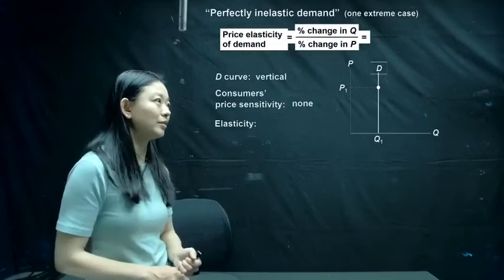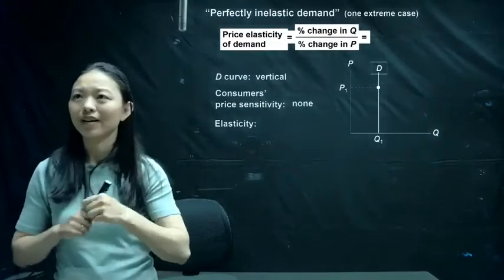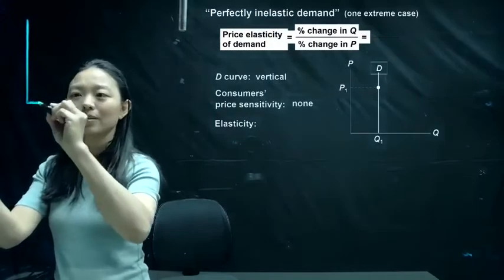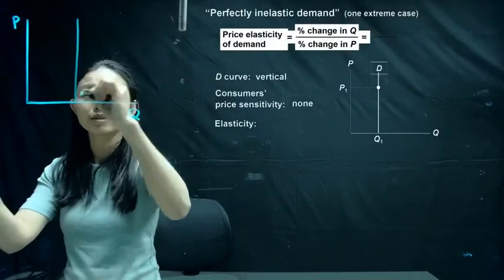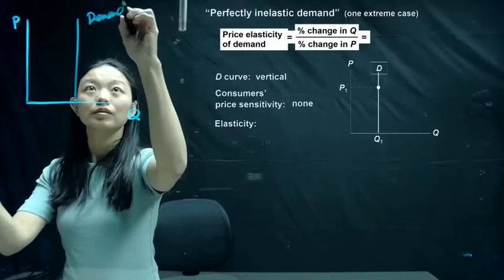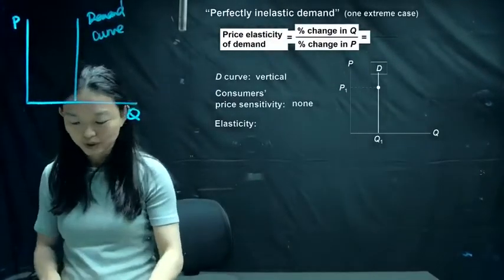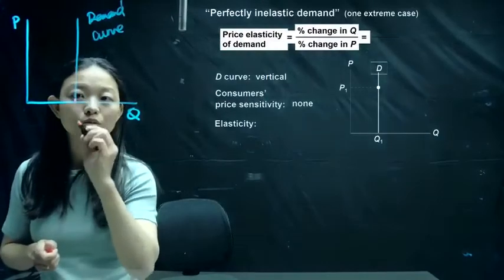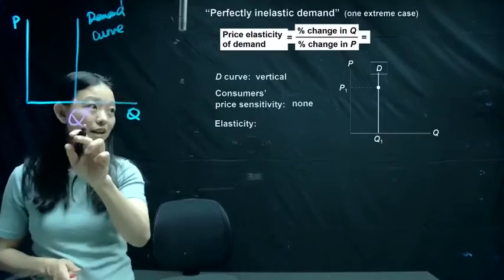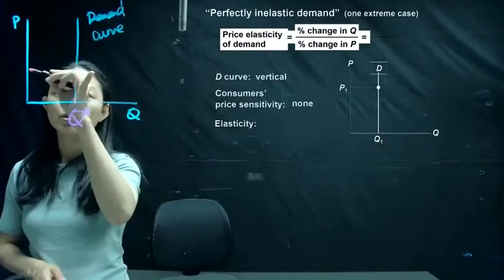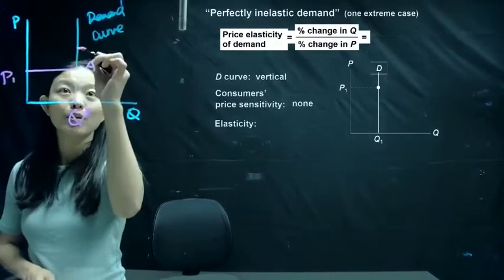Look at this demand curve. You can notice this demand curve is a vertical line, right? So let me draw this curve for you. This is the price, this is the quantity, and this is the demand curve. You might notice this demand curve is very special because the quantity will always be fixed at this level, right? This is the quantity, always fixed at Q star. And then the price could change. For example, at point A, the price is P1,